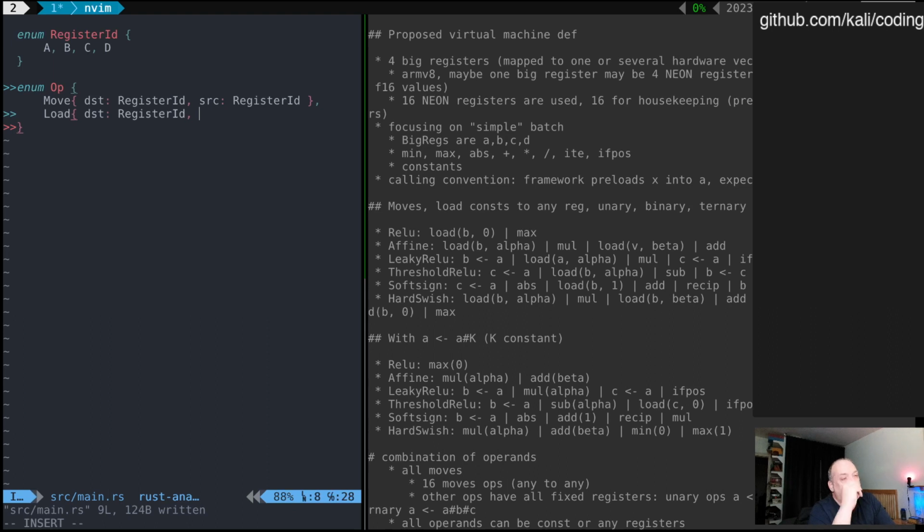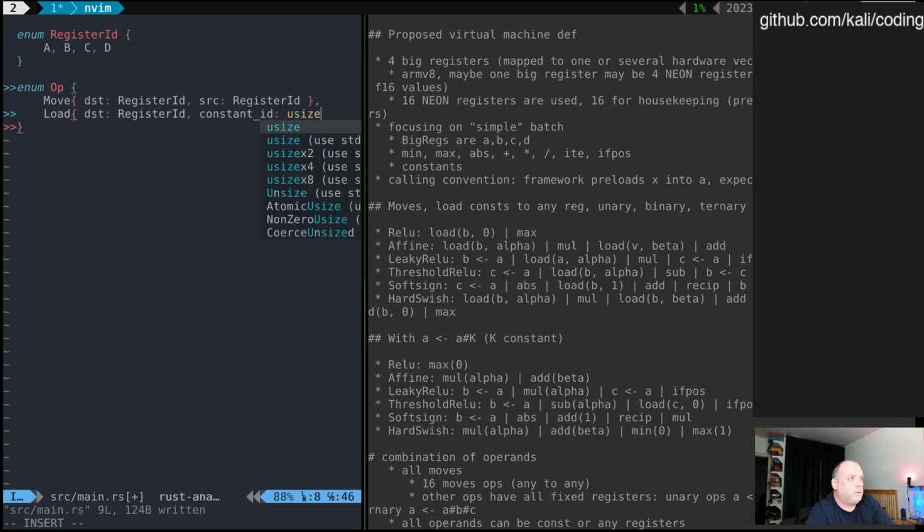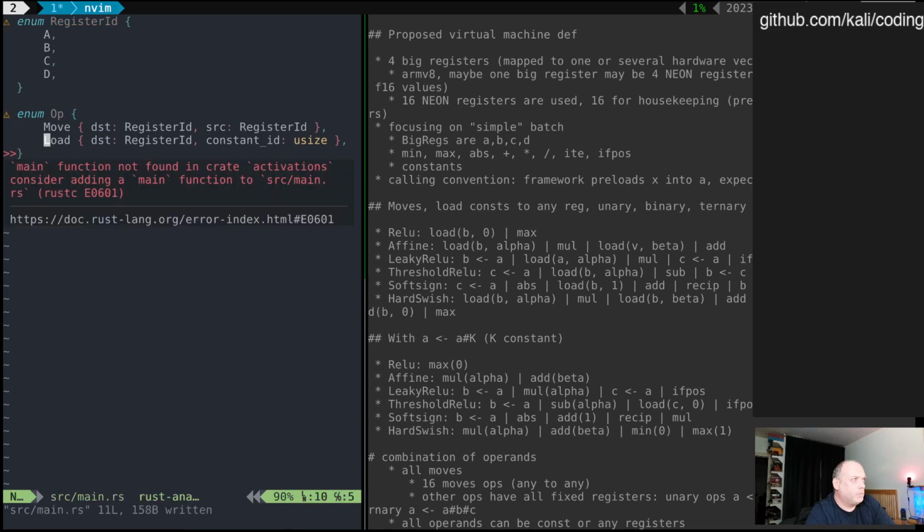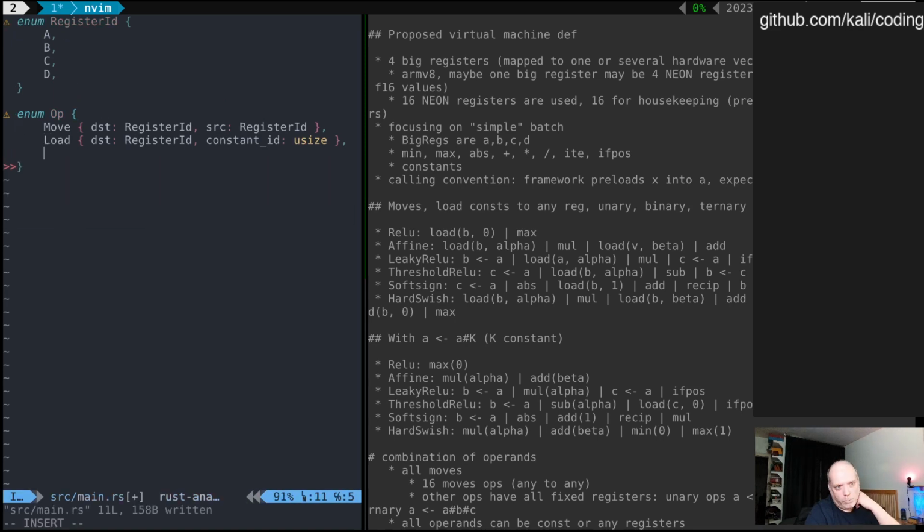So the problem with constants is that if I'm executing these things on F32 or F16, the constant will not be the same size. So I will use a table of constants. So we will have a constant ID, which will be usize. I think that constant ID 0 will be 0, constant ID 1 will be 1, and then the rest I will define on each operator, something like that. We'll see later. So we have the move, we have the load, we have the